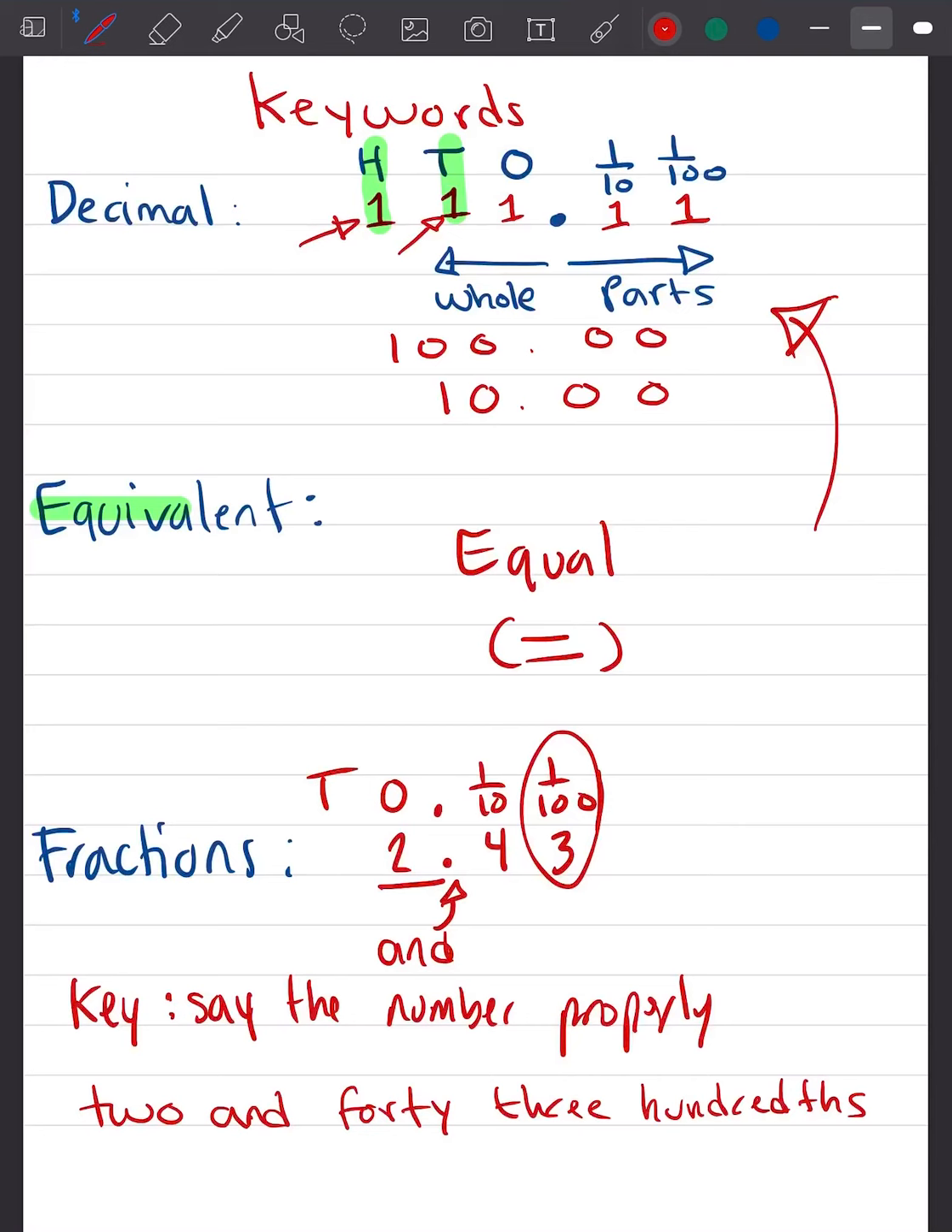Would my whole change? Does your whole ever change, guys, in a fraction? No, it doesn't, right? So it stays the same. It's still a whole. It's a complete. It's $2. It's 2 complete apples, 2 complete pizzas. It's a complete number. Now, 43, remember, guys, if we look back up here,